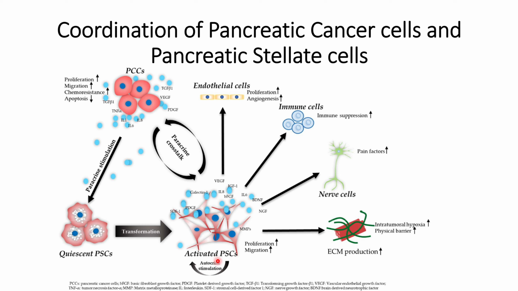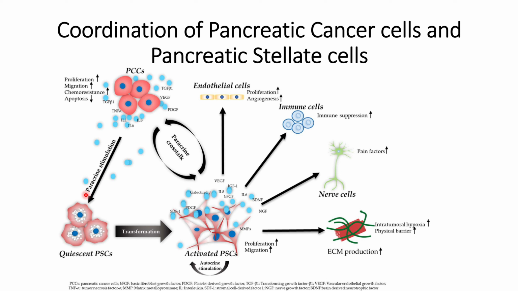Once the pancreatic stellate cells are activated, the cytokines released by the pancreatic stellate cells will further activate these pancreatic stellate cells, and this is based on the phenomenon of autocrine stimulation. And so, the initial formation of these quiescent pancreatic stellate cells is because of